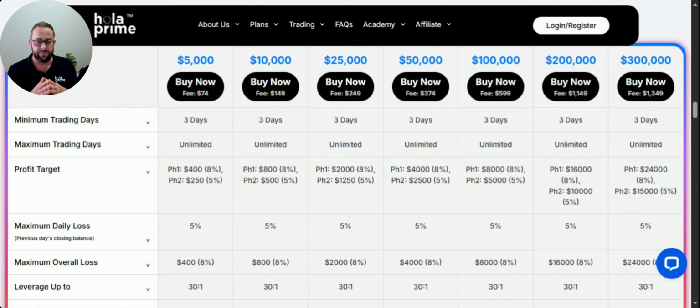Unfortunately, we've noticed that you've recently breached your maximum overall loss limit in your account, and that you'll have to retake a new challenge. Now, although this might be very frustrating, there are ways that you can try to mitigate this from happening again in the future. One of the top reasons for this happening in the first place is that traders trade